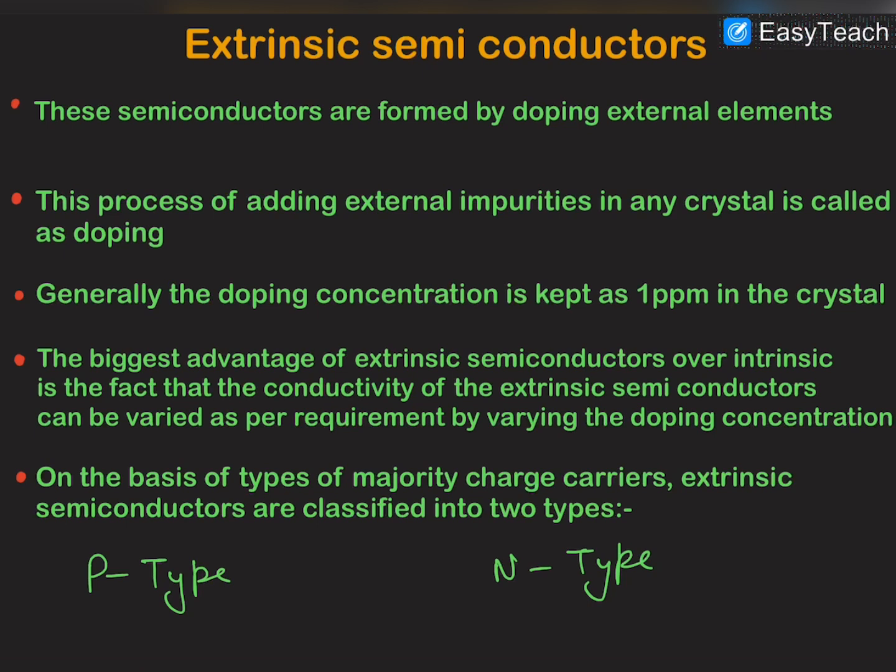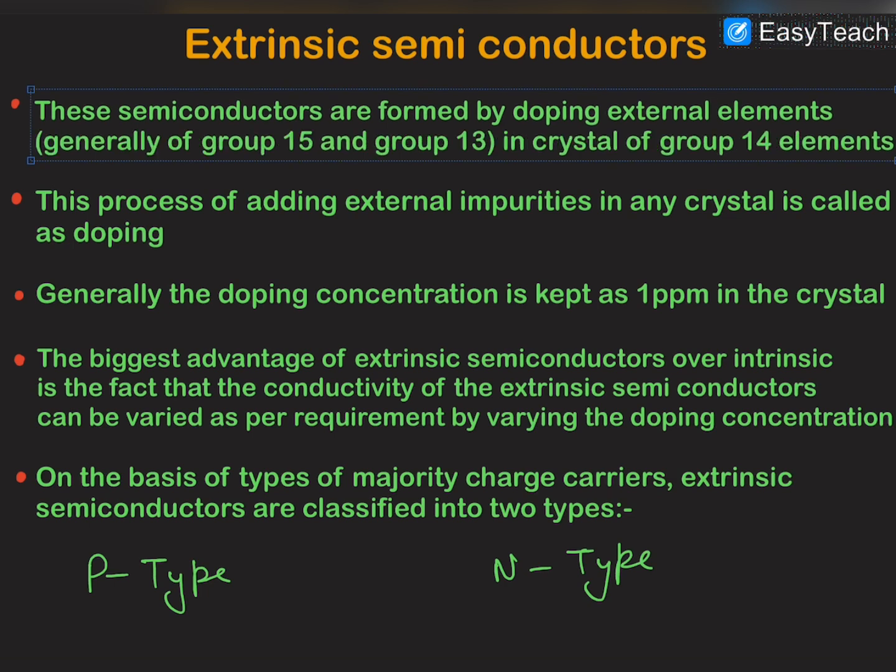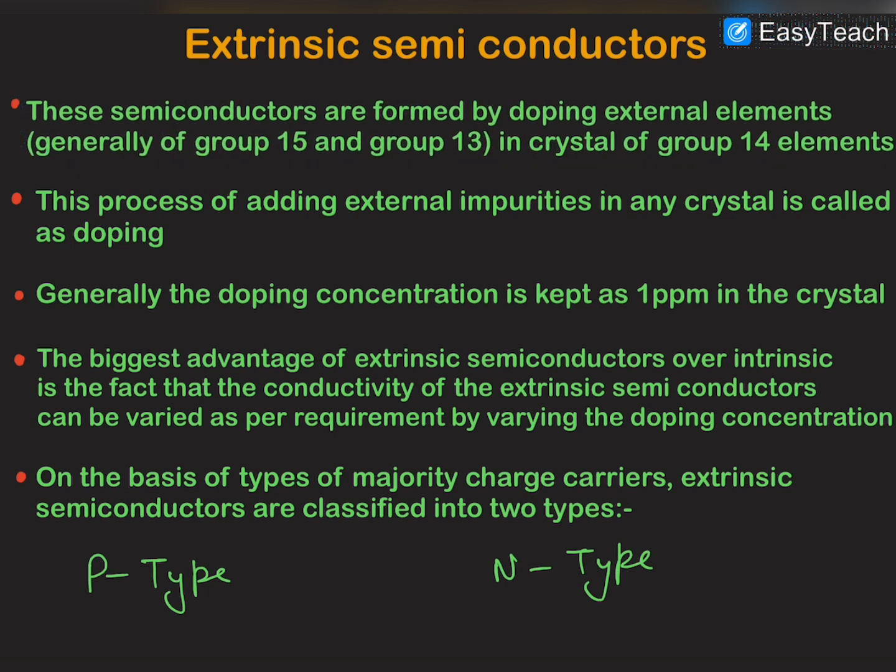In this video, we are going to discuss the extrinsic semiconductors. As its name suggests, the extrinsic semiconductors are made by doping external elements. Generally, the external elements are of group 15 and group 13 into the crystal of group 14 elements such as silicon, germanium, and carbon. So this process of adding impurity in the crystal is called doping, and generally the